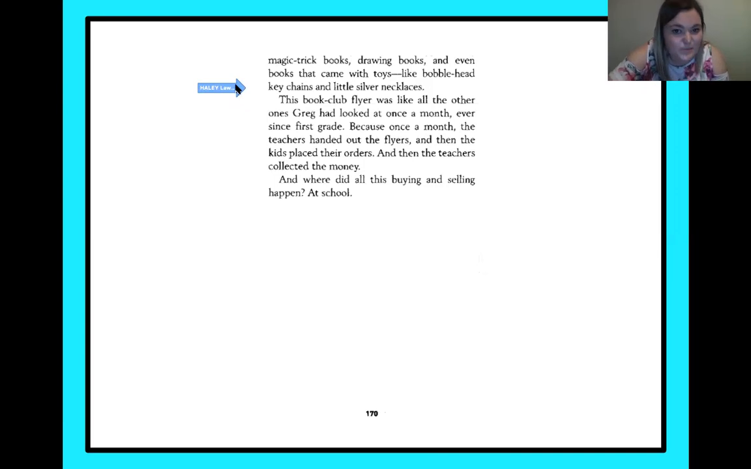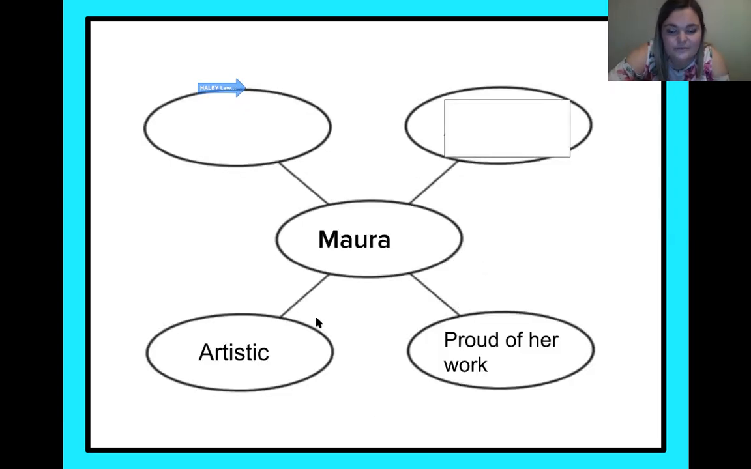necklaces. This book club flyer was like all the other ones Greg had looked at once a month, ever since 1st grade, because once a month, the teachers handed out the flyers, and then the kids placed their orders, and then the teachers collected the money. And where did all this buying and selling happen? At school. All right, so what is the last thing we learn about Mara when she's digging deeper into all